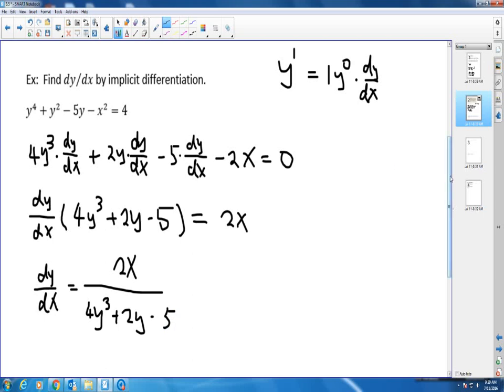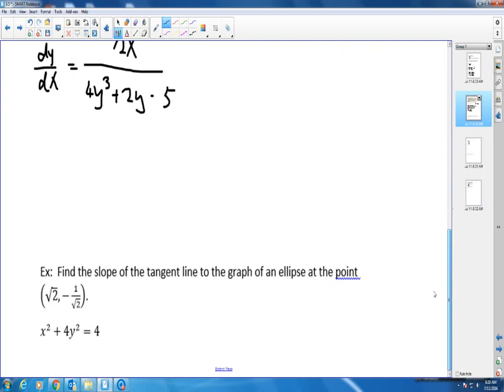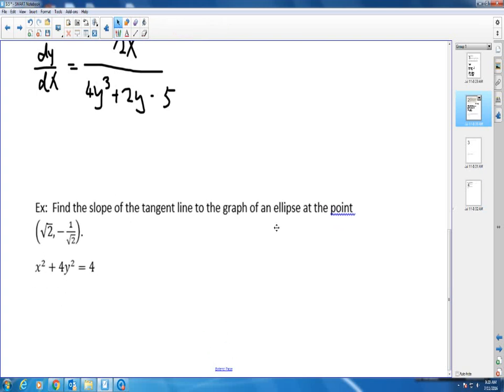Now I can also use implicit differentiation to help me define the slope of a tangent line of different graphs, such as an ellipse, at a particular point here. So here is an equation for an ellipse. You've probably seen these equations